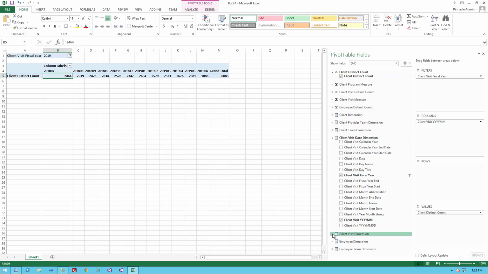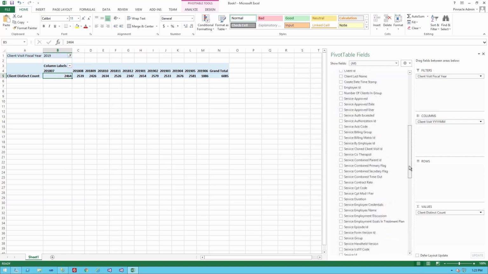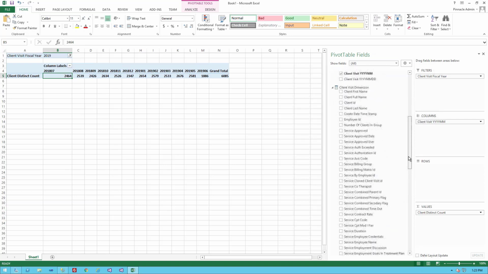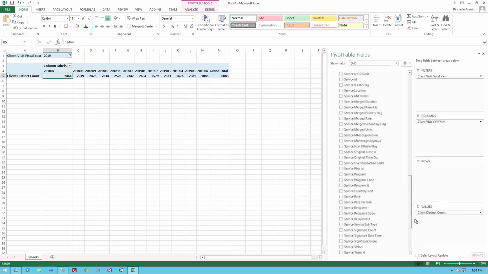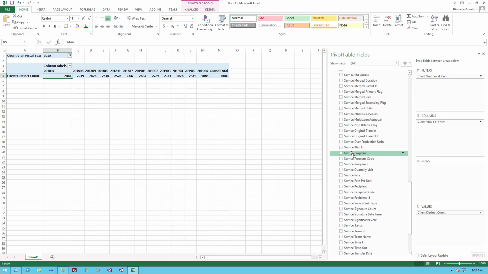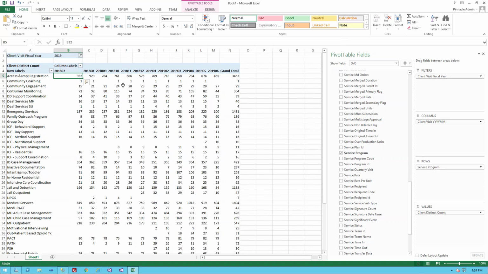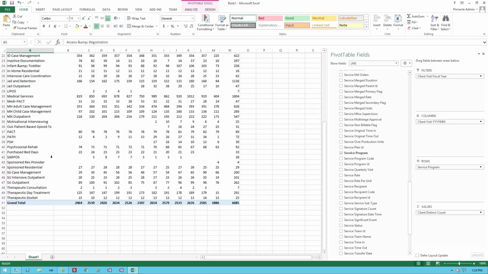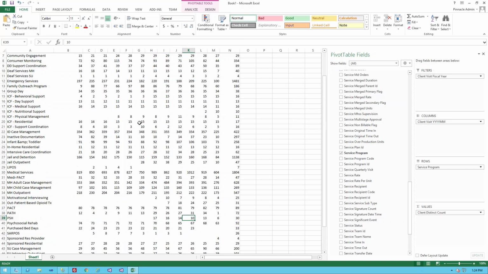So let's go down to the client visit dimension, the service dimension. Let's start slicing and dicing this a little bit. I'm going to bring in the service program. Because I have the dates in the columns, I'm going to bring the service program into the rows. Now you can see everything from access and registration down to therapeutic docket, and for every month of the year the number of clients that were seen